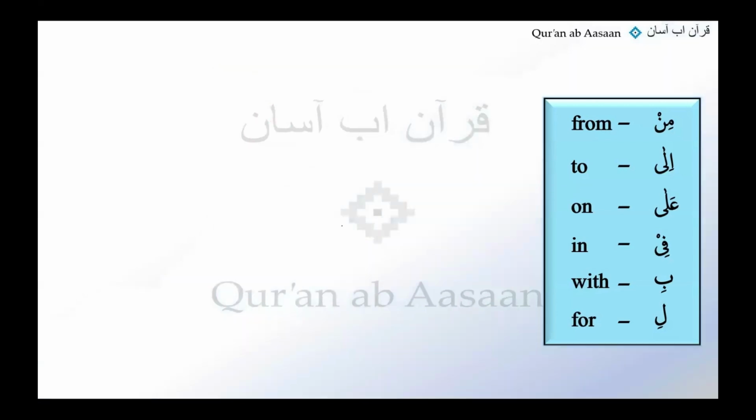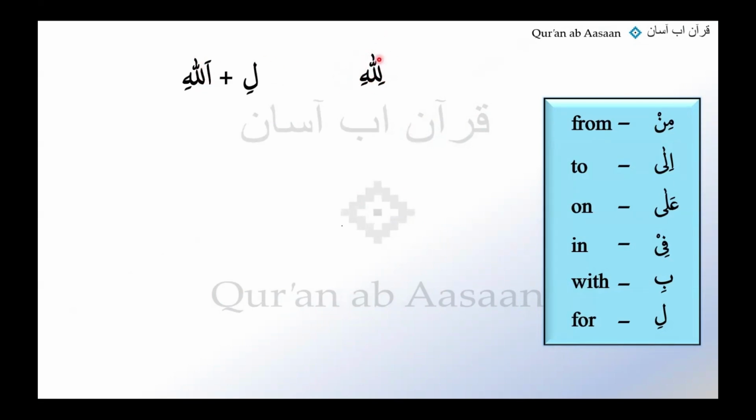Okay, moving on. What do we have here now? Lillahi. Is it one word or two words? Two words. And what are these two words? Li and Allahi. Excellent. Very good. And so what do I do first now? Color the al of Allahi green, but I can't see any al here. This is because I split it.